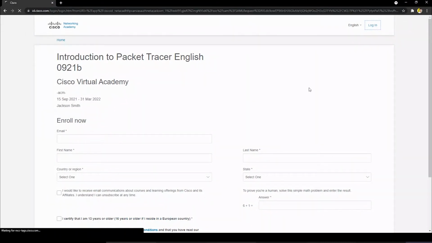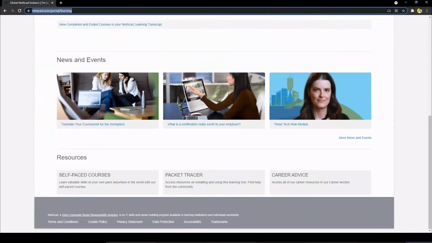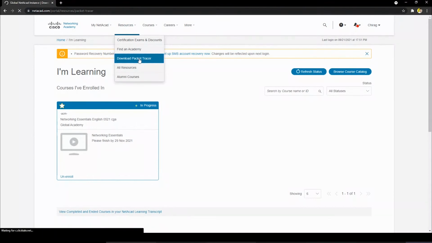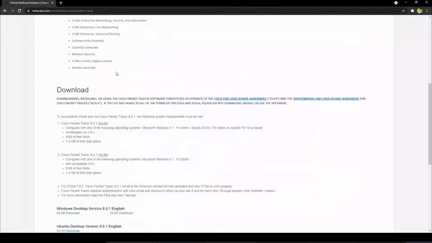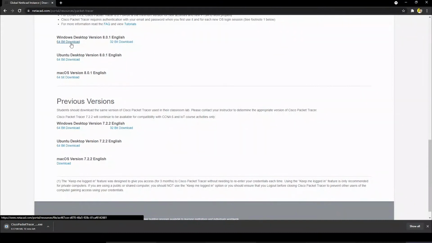I am already registered for the website, so I'll just open my account here. After signing in, the page will look something like this. You can go to resources, click on download Packet Tracer, and here you will find the file according to your operating system.